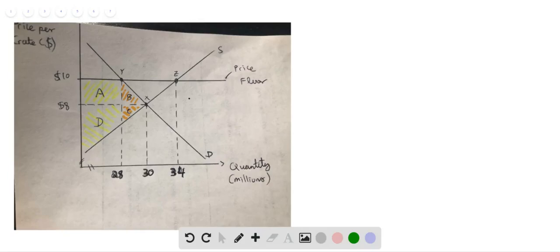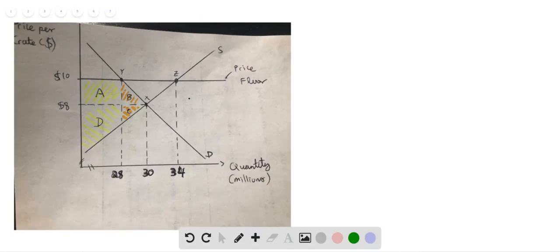So originally at point X, producer revenue was equal to 30 million crates multiplied by 8, or $240 million. And after the price floor, so the new equilibrium point is at Y, the new revenue is 28 million crates multiplied by $10 per crate, or $280 million. So the difference between $280 million and $240 million is $40 million, and that's the net benefit to producers from